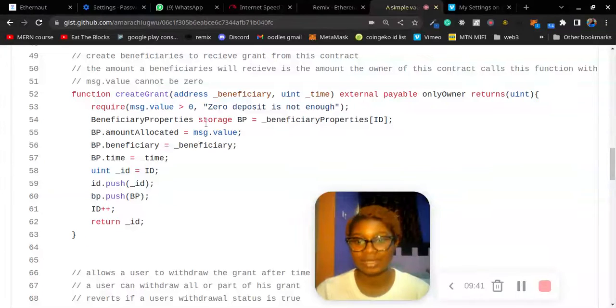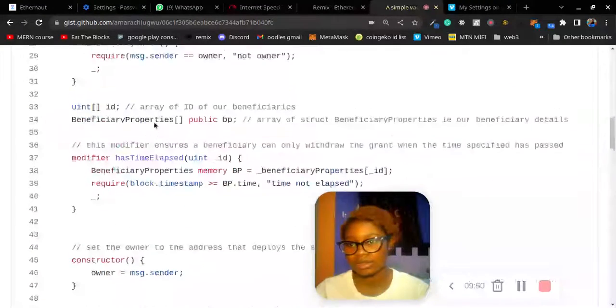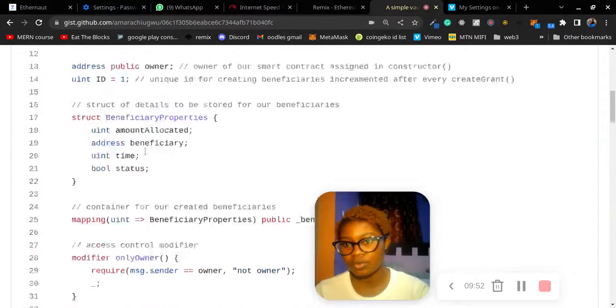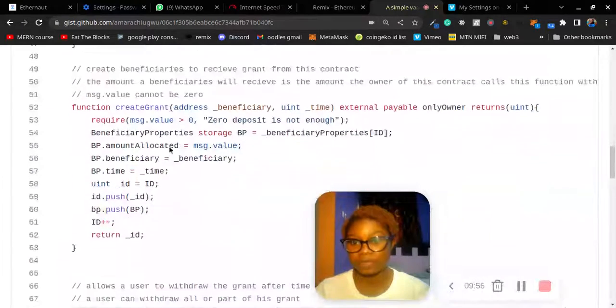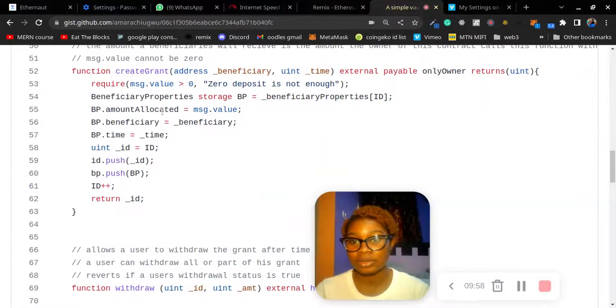No. This is a struct, to be sure, right? Okay, beneficiary properties. Let's not take chances. So beneficiary properties is here. So yeah, it is a struct, right? So this is a struct. So I'm saying beneficiary properties at